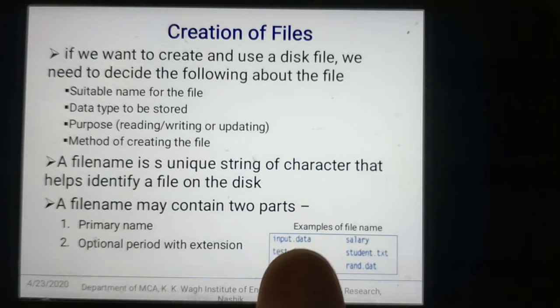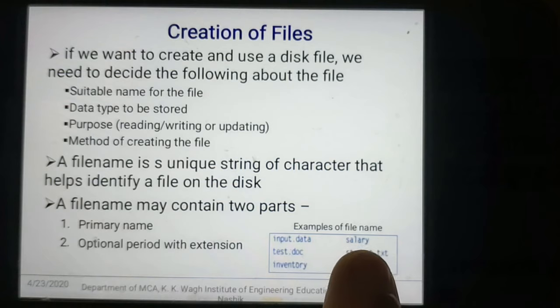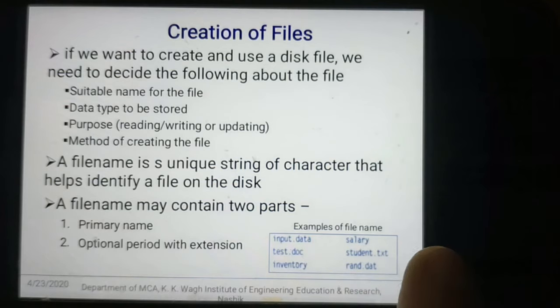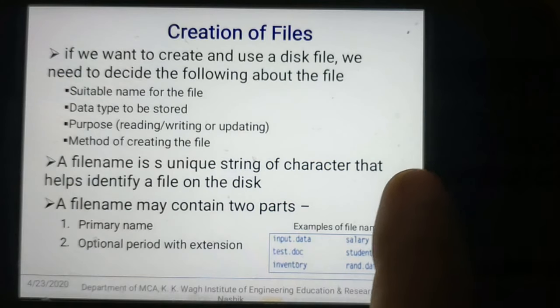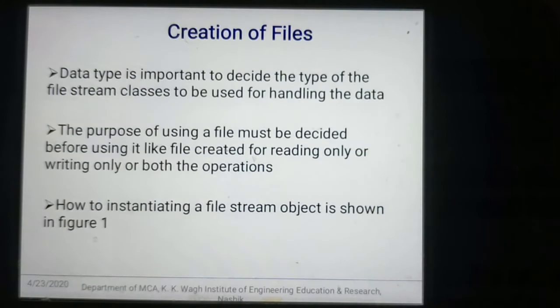Some examples are given on the screen for the file name: input.data, test.doc, inventory, salary, student.txt, rand.dat. These are examples of file names. This is about a suitable name for the file.